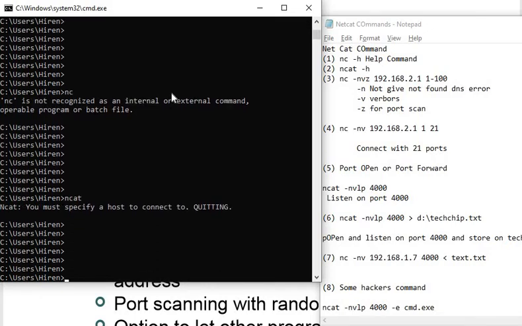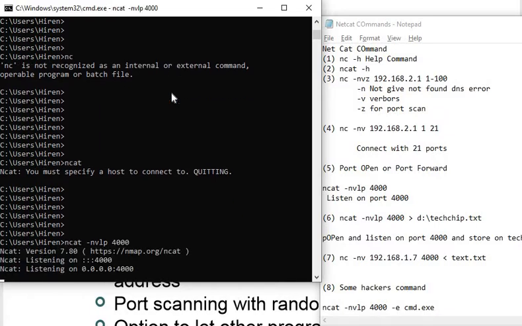Let's say I want to open a particular port, port number 4000. First of all I will type ncat -nvlp 4000.